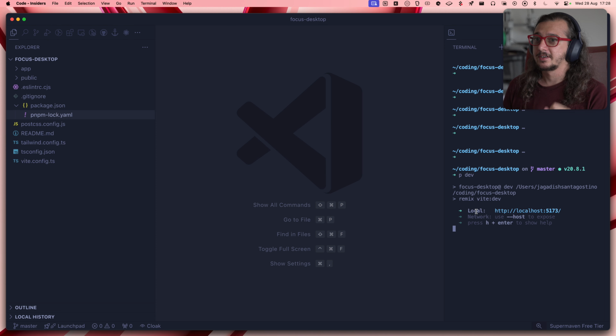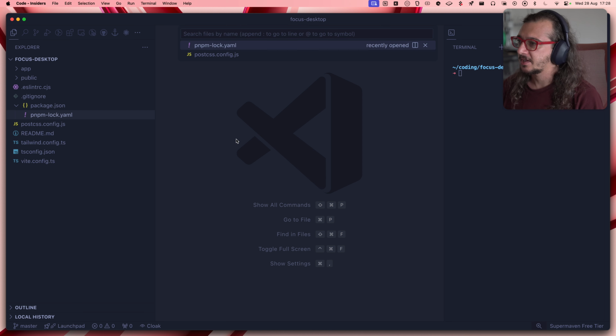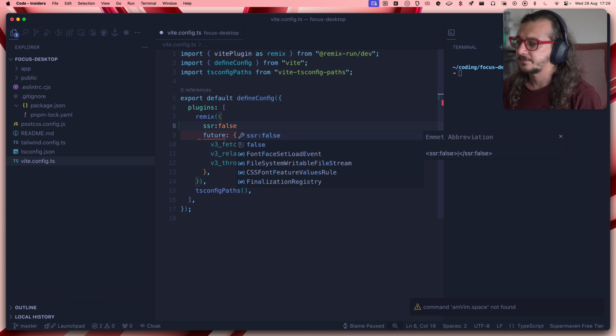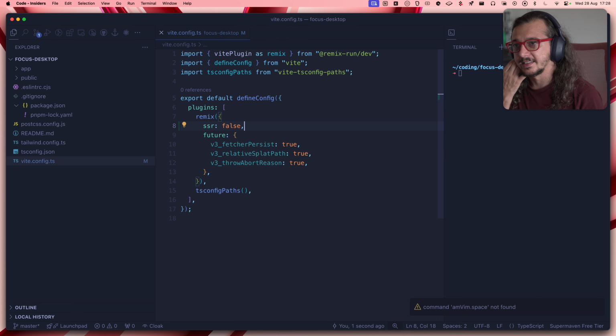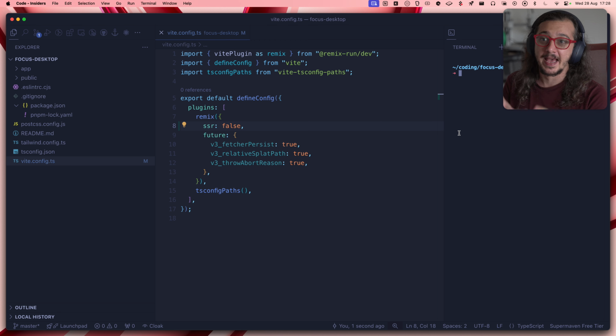I want to run it as a desktop application. So first I'm going to set SSR false. What it does is disable the Node part of Remix, so it just bundles a single page application. This is important because we don't want to ship an actual Node.js server. We just want to ship the Rust packaged binary that uses this website